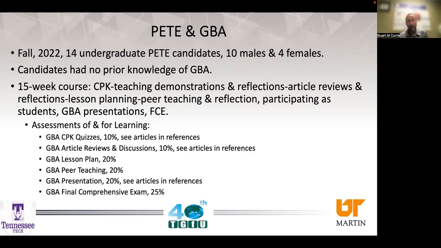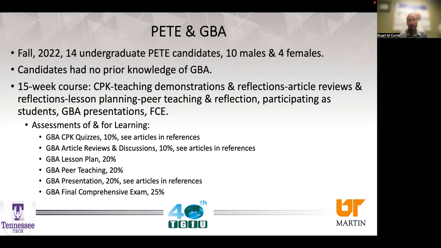Following the lesson, we then met back in the classroom and reflected upon the lesson. What were the strengths, what were some of the weaknesses, areas for improvement. We then moved into striking and fielding, again reflected back on the experience, net wall, and then finally invasion games. So we covered, and I provided the students with, an example of each game category.